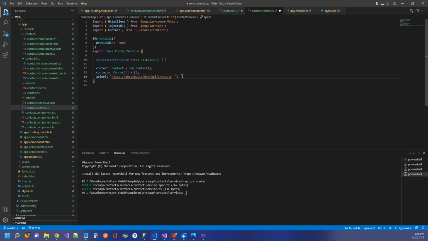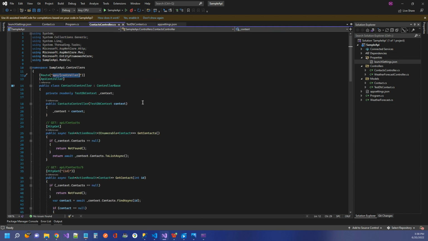And that put a new line in there, which we did not want. So now we've got all the variables that we need. We have our URL, we have our contact, and now it's time to create our CRUD methods. The first one is going to be get contact. So now we're going to get all of our contacts. It's going to call,